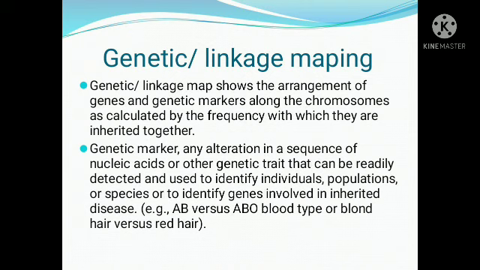Clear? So it is a method where the recombination frequency depends on the distance between two loci. The closer they are, the less likely a recombination will occur. Recombination occurs only when the chiasma is located between the two loci, so it is either just above or below the division point.